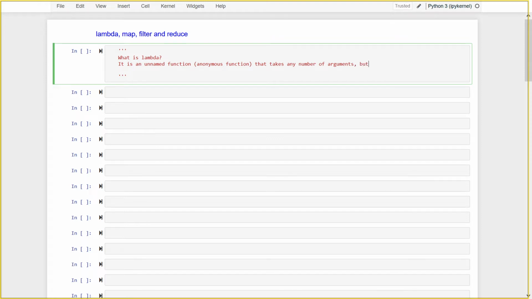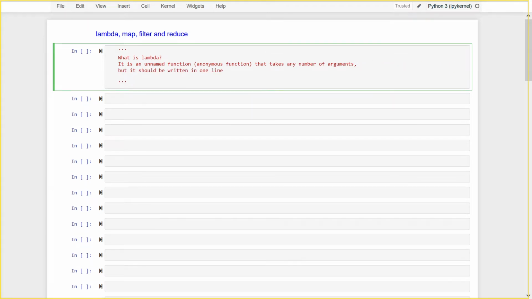But it should be written in one line. That is the condition. Okay. It should be written in one line. That means it should contain one statement. That's it. That is what it means.